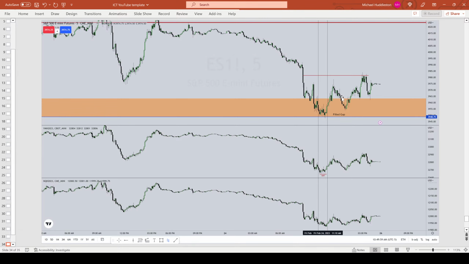We ran above it here, retraced, fair value gap, rally again, consequent encroachment of the gap here. And notice it didn't just go up to this low here where, support broken turns resistance? No. It digs up to an algorithmic reference point, which is the consequent encroachment of this gap.